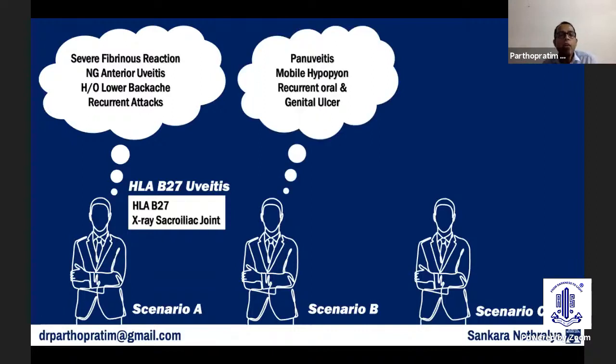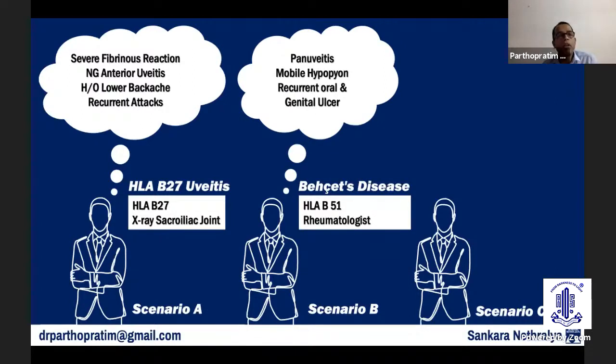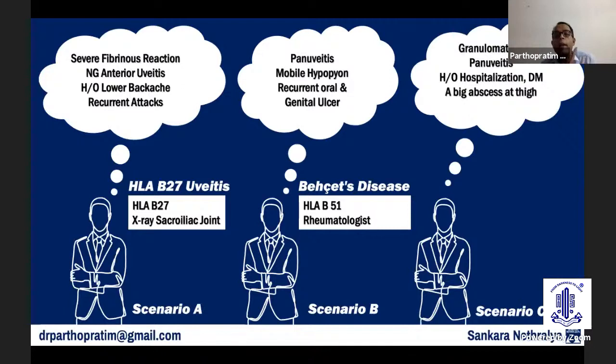The second scenario: if it is a case of panuveitis with a mobile hypopyon, you ask the patient, and the patient gives a history of recurrent oral and genital ulcers, you should send the patient to a rheumatologist and can advise HLA-B51. Now, scenario number 3: if you see granulomatous panuveitis, and the patient gives you a history of hospitalization, a known patient of diabetes mellitus